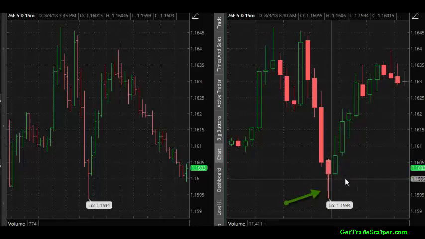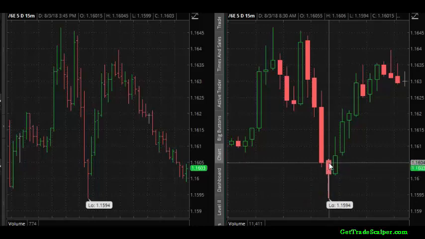But look at what happened. This one here had what's called a wick or a tail, a bottoming tail, and